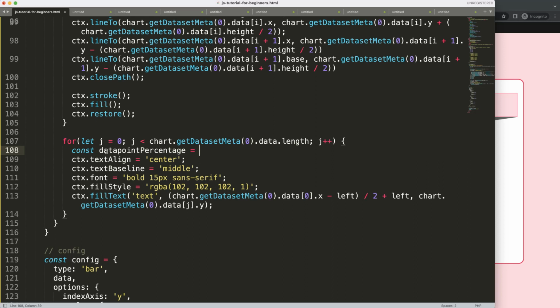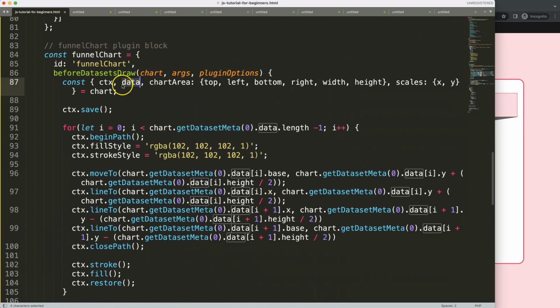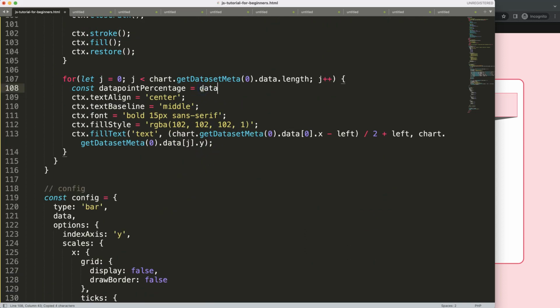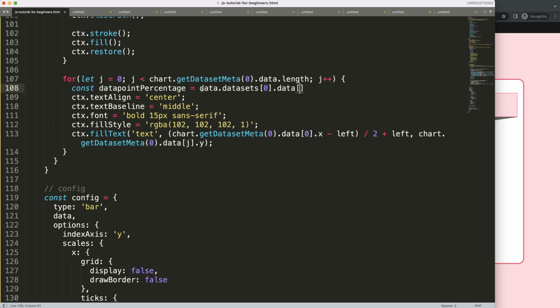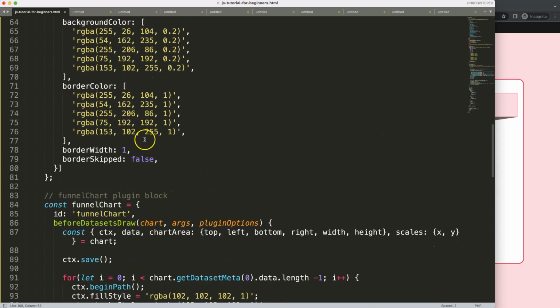And this data point percentage is the difference between the two. So how do we get this? Well, remember, we had this here in our object destructuring. So we're going to grab this, put it in here, and then we're going to say dot datasets index 0. Then we say here dot data index 0, and then here, because